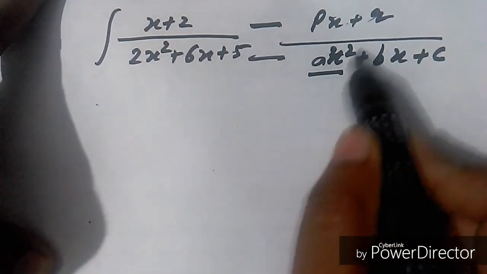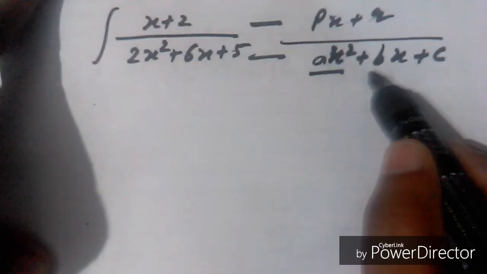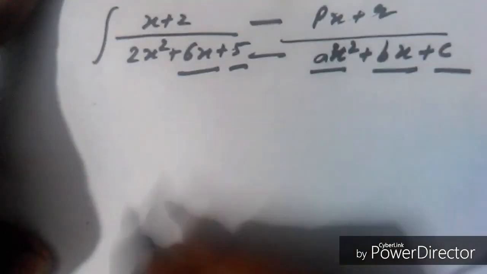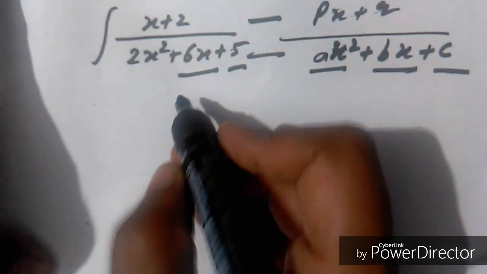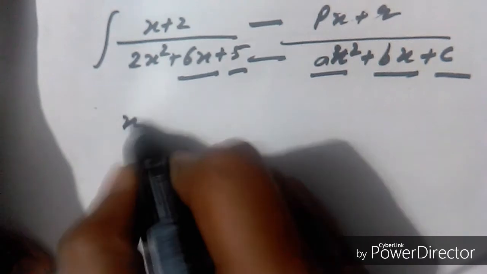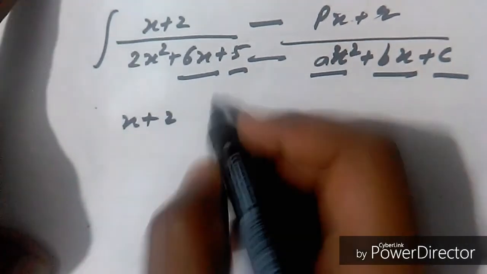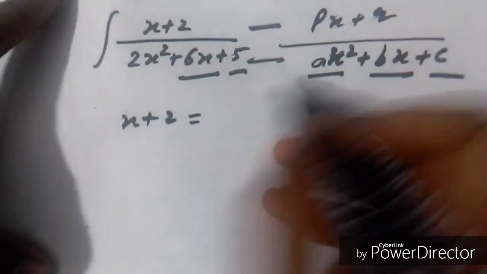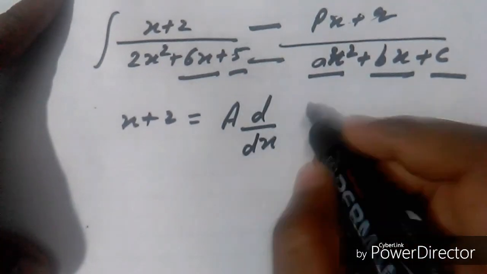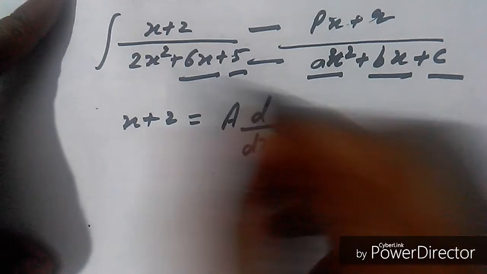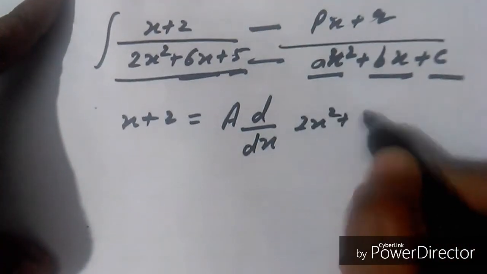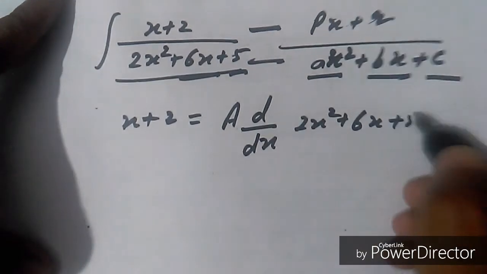You see that ax square is 2x square, bx is 6x, and c is 5. And now we take x plus 2 equal to a times d by dx of that whole equation, 2x square plus 6x plus 5,